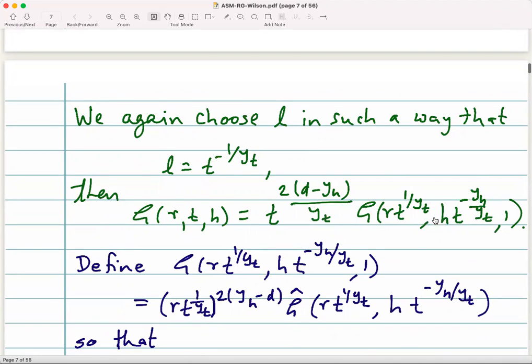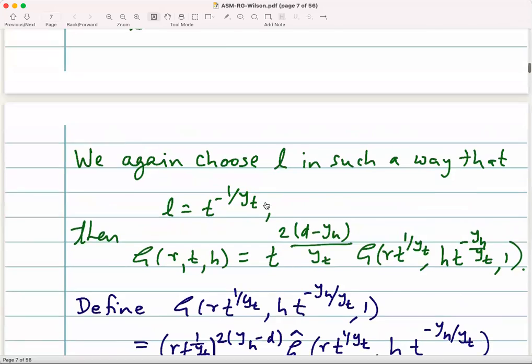I should have written this 1 in the middle because it's the T which is set to 1, okay, and not the H. But G(R,T,H) would take a form T to the 2 times D minus YH upon YT. This YT comes from this factor times G of R times T to the 1 by YT, 1, and H times T to the minus YH by YT. This term